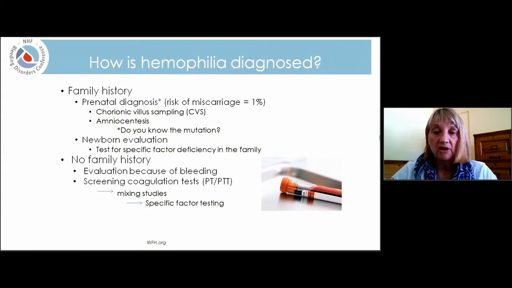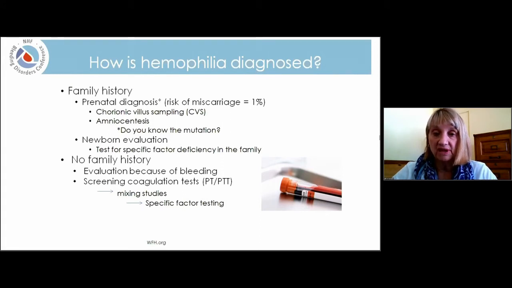All babies are going to have a heel stick done, and this is because there's some mandatory genetic testing that's done at birth. And if you get a heel stick that continues to ooze, then that's a sign that there possibly may be something wrong with the baby in terms of bleeding, because they're not able to clot. Having a combination of both the heel stick and a bleeding circumcision will definitely lead you down the path of